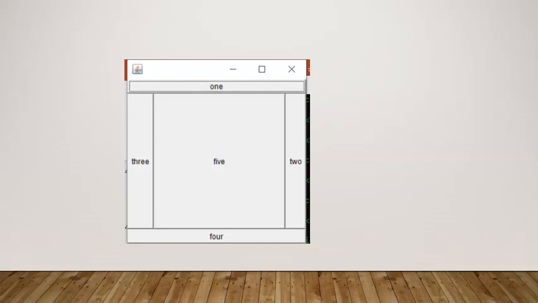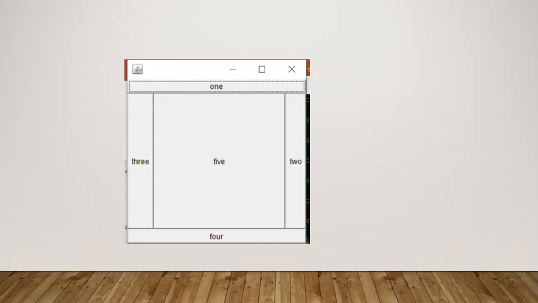Exactly what you guess, I think, is correct. Okay, it is border layout, right? And that is the default layout. So now if you want to write the program for this, it is immaterial whether you write the statement set layout new border layout. Okay, because otherwise also the layout of frame is border layout.